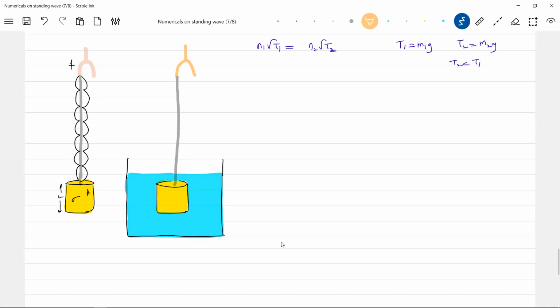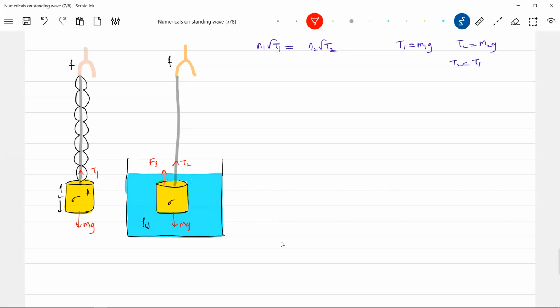This is the same tuning fork which will vibrate when you listen. And now let's find the density of water, you know. Okay, let's get into the problem. So earlier the tension, how much it was acting, say T1. Am I right? This was mg. Now the tension acting in the string will be T2. Why should tension change? Because buoyant force will act. The tension has to change.